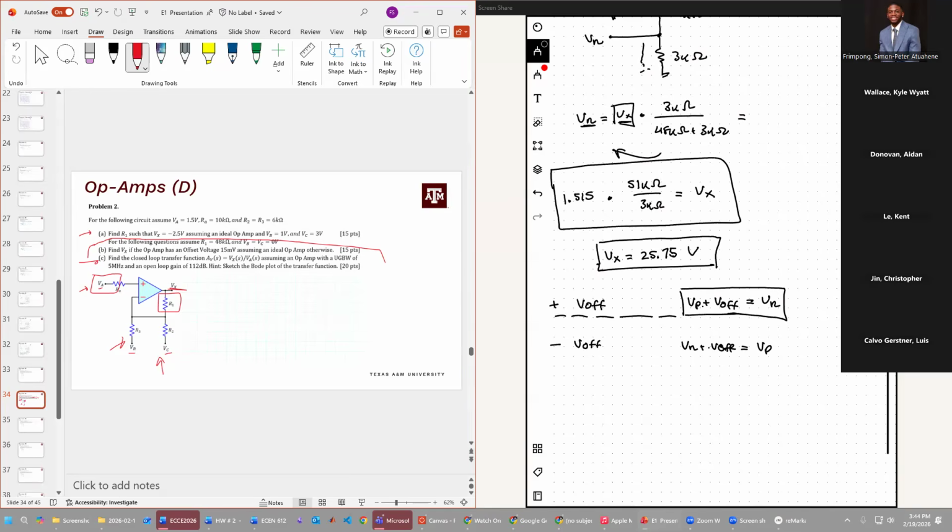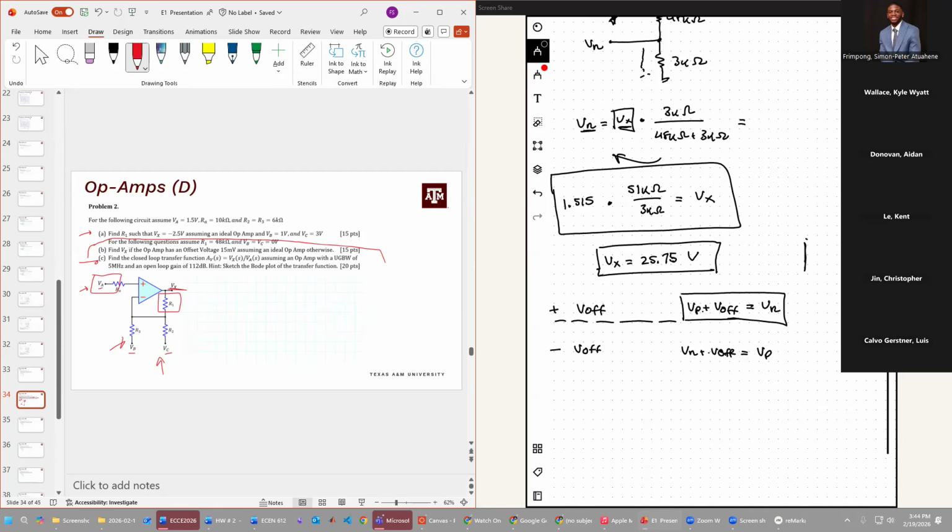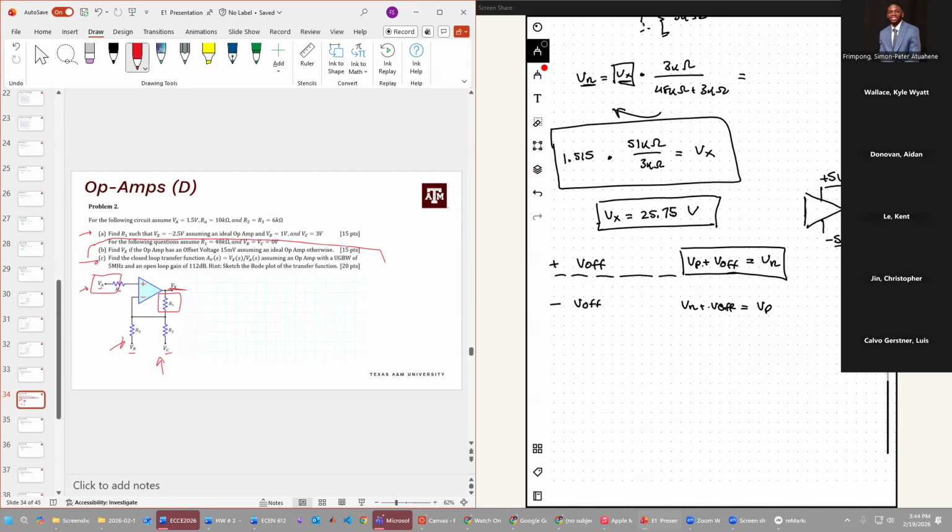Now, one thing to note, 25 volts is not very practical for an output voltage. Remember that op amps have rail voltages, and in lab we see rail voltages of +5 and -5 volts, though we can go all the way up to 15. I think you will see problems like that where you have a rail voltage and you will start to clip. So this voltage output might actually clip because of the large gain provided by that 48 kilo ohm resistor. Right. So, okay, any questions about